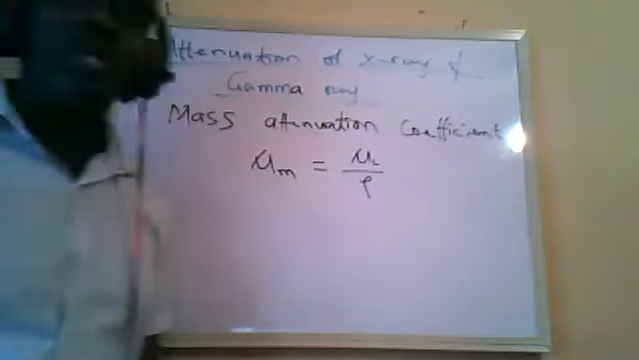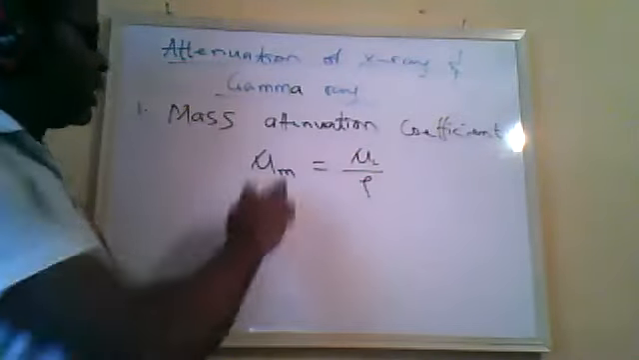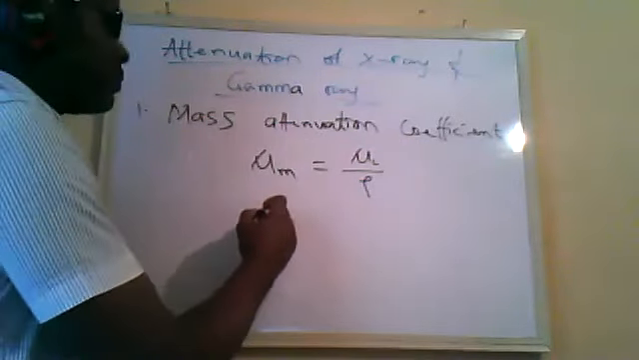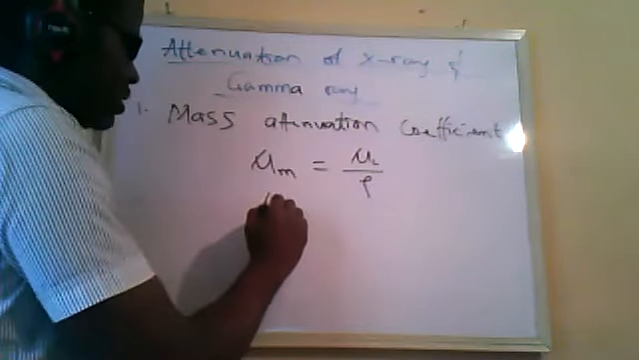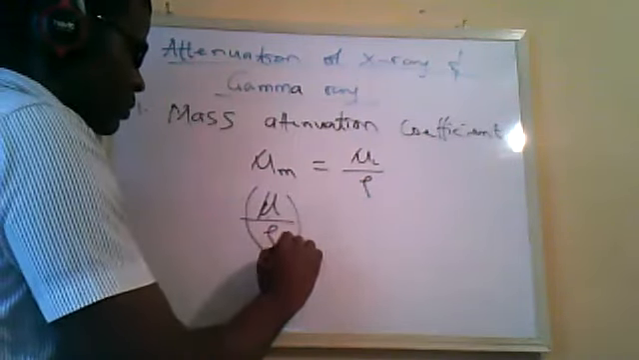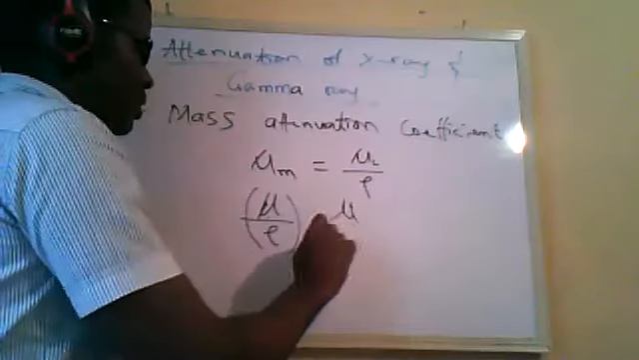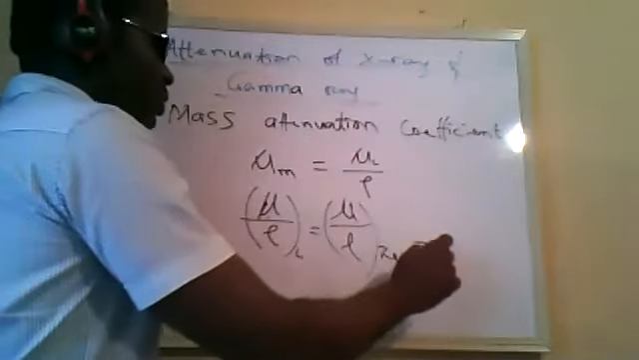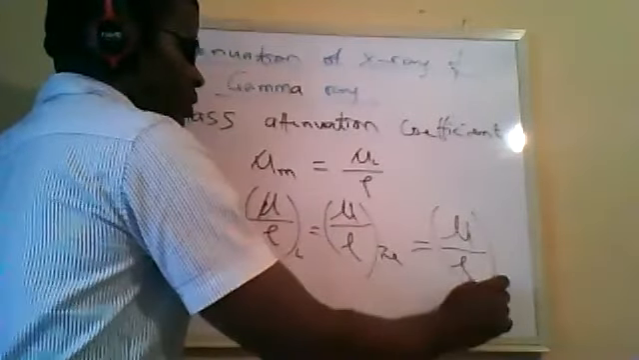Because, for example, water has three different states, so they are going to have a constant mass attenuation coefficient. It means that the mass attenuation coefficient of liquid water is the same as the mass attenuation coefficient of ice, and the same as that of steam,